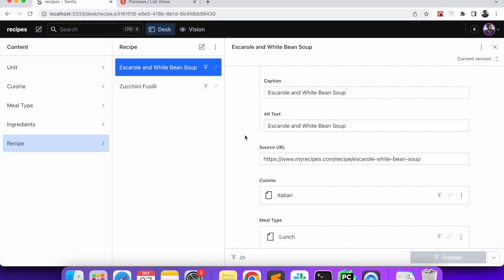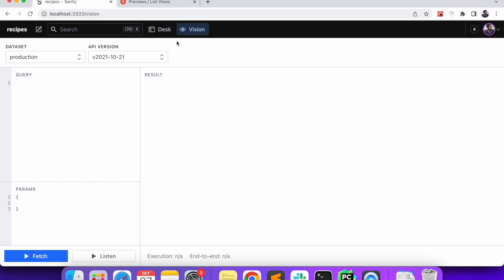Okay, so now the last task that we have to do in this project is to see if we are getting the right data when we query. So we'll go to the Vision. Over here we can actually write queries. Over here we write GROQ queries. So I'll give a very basic intro of how we write GROQ queries, and then we'll quickly jump into writing the